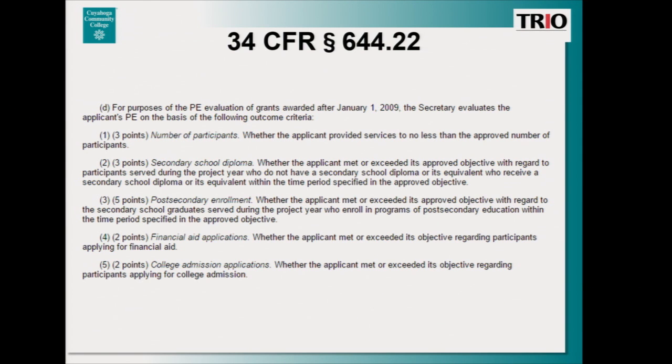If your program met or exceeded your objective for post-secondary enrollment, you again are awarded 5 points per year. 2 points are awarded for programs who exceed or meet the objective related to financial aid application completion. And 2 points are awarded for college admissions applications.